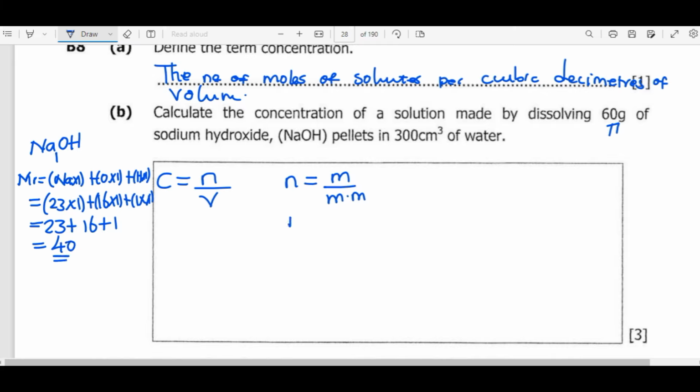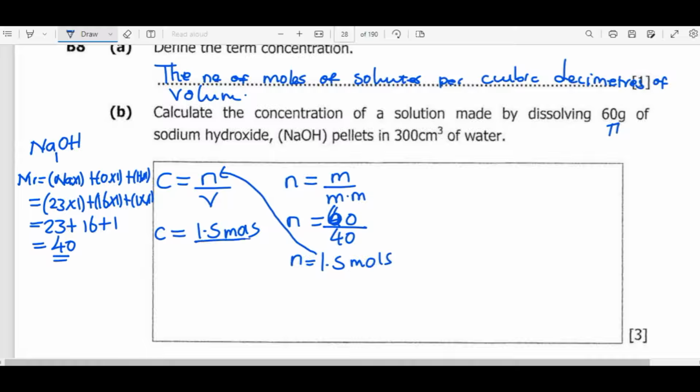So the sum is 40. So number of moles is equal to, not 40, the mass is 60. So 60 divided by 40. So this should be 1.5. 60 divided by 40, getting 1.5 moles. So this is what we are going to substitute here. So number of moles is equal to 1.5